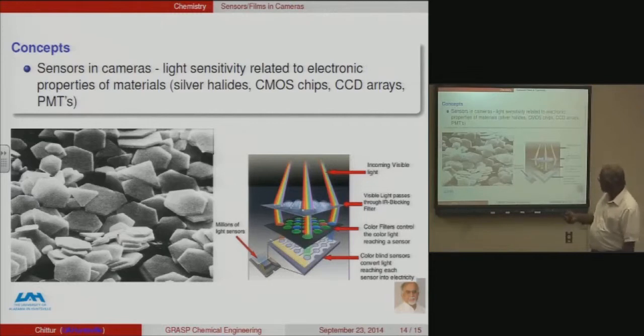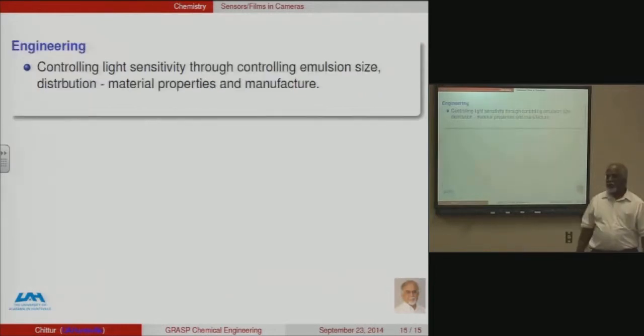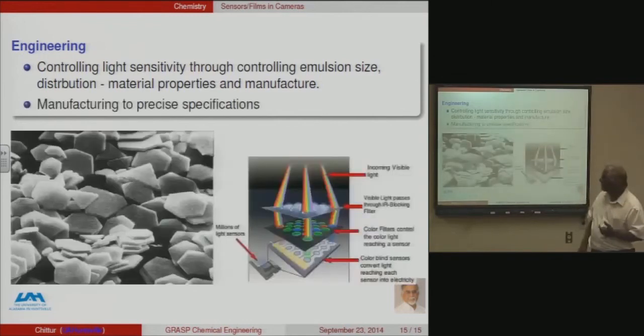You can see the silver halide films here and the digital camera type films on the right side. The question is, what is the role of the engineer in making these films? Typically, for silver halide films, you need to be able to control the emulsion size and distribution. And for the solid state sensors, to control the material properties by appropriate doping and other processes. So there's a lot of engineering involved in making these materials,